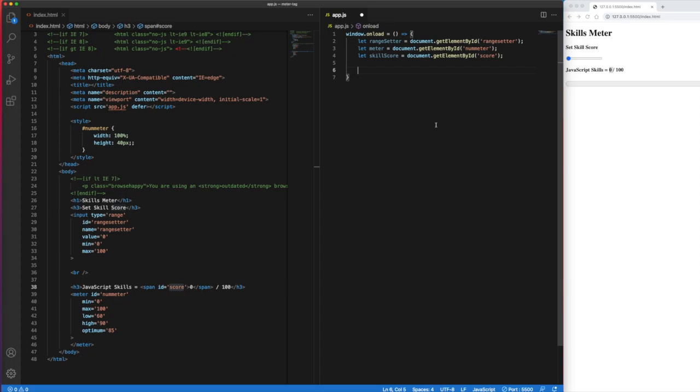Okay, so now notice this. Ready? So our first task is going to be capturing the value as we slide this guy here. So that's going to be our range setter. What we're going to have to do is add an event listener to this input, which is our range setter. And the way we do that is just do range setter